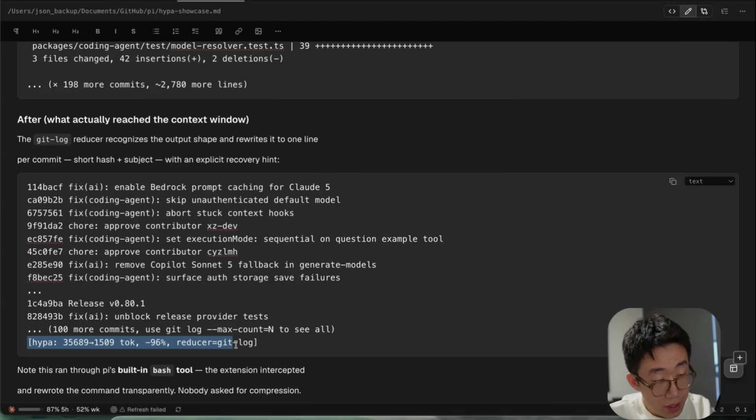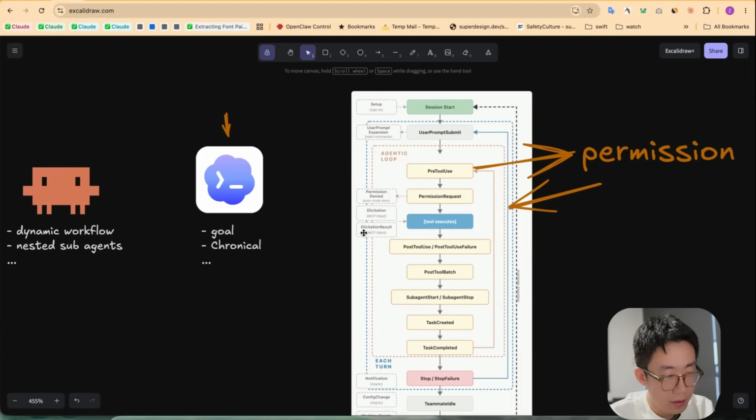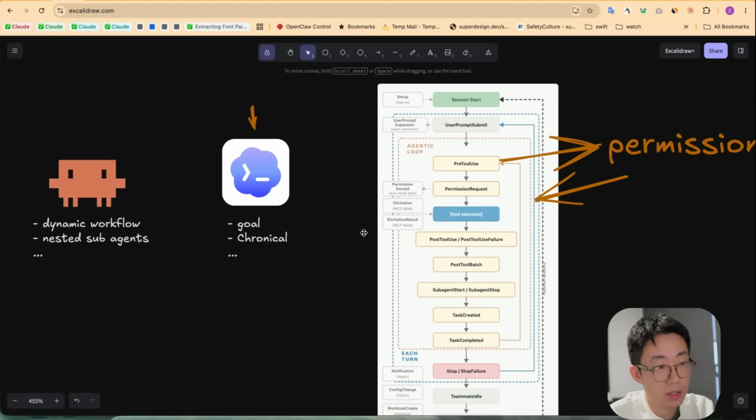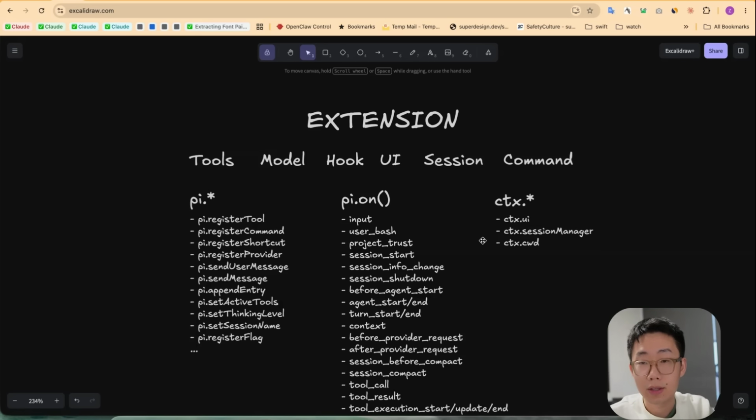And just by doing this, it can probably reduce 96% of that type of output. And in some other testing, it cuts tokens by like 80 to even 90%. And this is a good example where something like that is just difficult to implement with Claude Code or Codex, because their pre-tool-use hook only allows you to append new information to the tool call rather than directly modify the tool call result. So this rich extension system is the crux that makes Pi agent super useful,